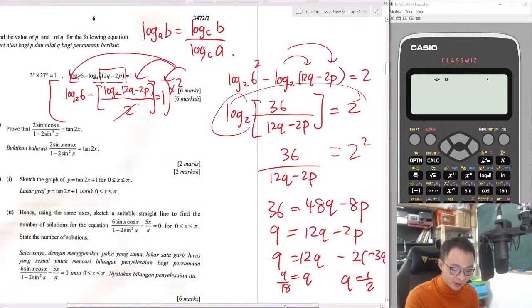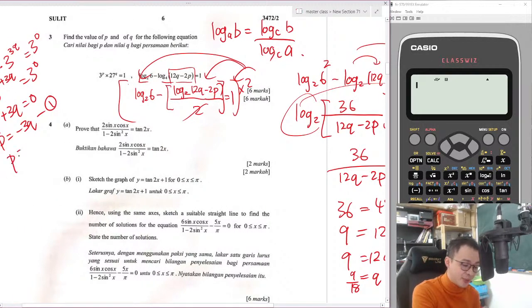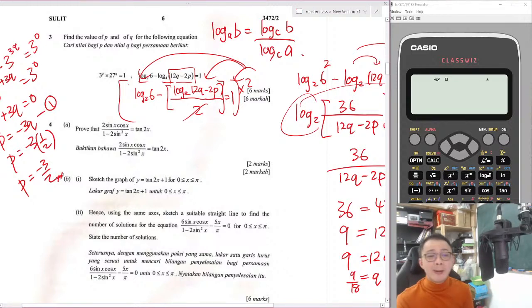Alright, so after I got the q ready, then I substitute into here. P equals negative 3 times 1 over 2. P equals negative 3 over 2. Okay, done. But normally for a question like this, right,